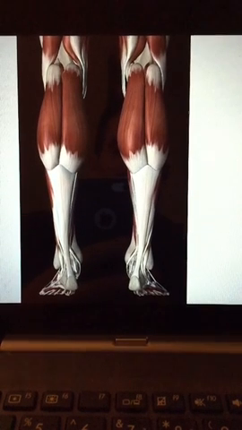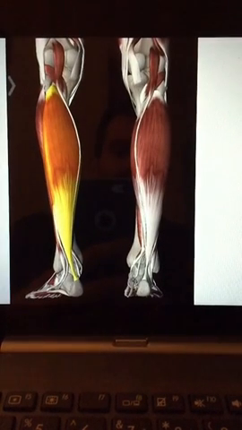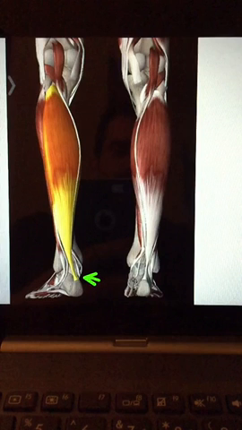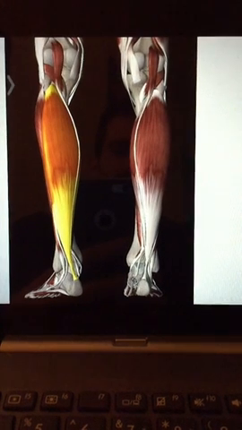Let's look at the soleus kind of isolated. So here's the soleus highlighted. And again, we'll just say it attaches here and it attaches here. Let's note that anything above that line is your femur. Anything below it is your tib and fib. So this muscle doesn't attach above. So if this muscle is super tight, it's a problem, but at the same time, it's not necessarily going to translate into what people perceive as tight hamstrings. If we move forward a little bit,